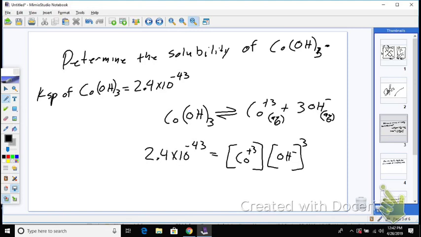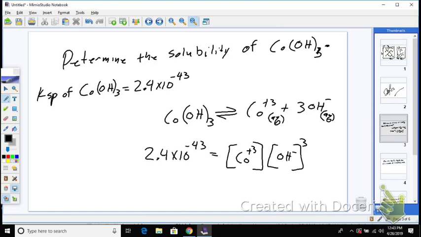Does that look good? Okay, next thing I want you to do is set it up underneath and include your x's. So we're going to go ahead and solve for x, and every time you solve for x, you solve for the solubility. Every time you do a problem like this and you find x, it's just like we've always done. That's the solubility of the solution. That's the maximum moles that can fit into a liter of solution at 25 degrees Celsius. So the next thing after you set that up, I'm going to have you solve for x, which is solving for the